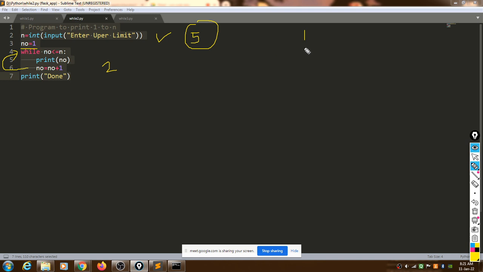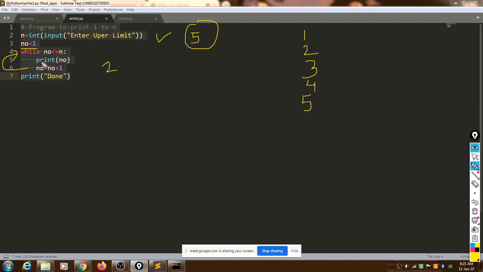So it prints the value of no as 2 and then increments no by 1. Now the value of no is 3. So 3 less than or equal to 5, is it true or false? Yes, it is true. So it will print value 3. Next it will print value 4. Next it will print value 5.